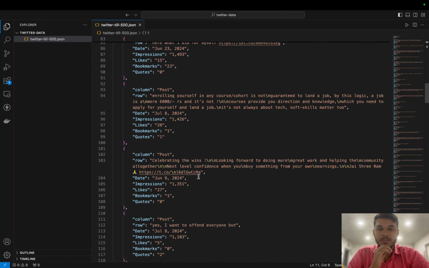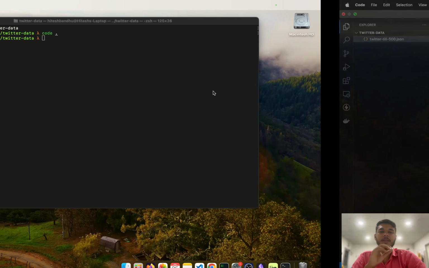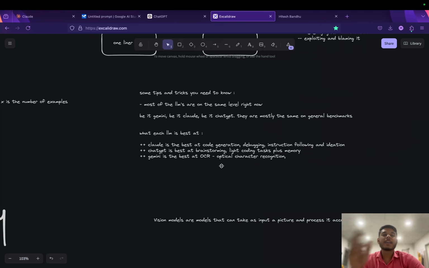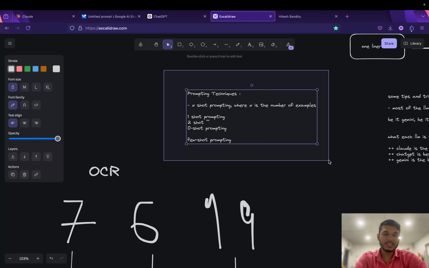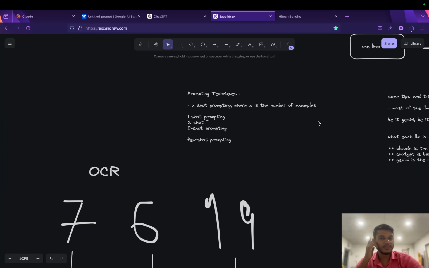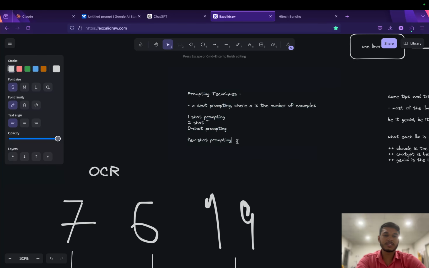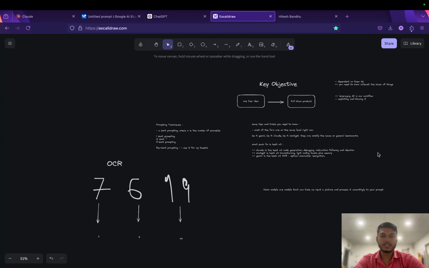I was just so impressed by this. And yeah, this is my own data. I've kept it for reference for one-shotting. I use this for few-shotting sometimes. Although I write all my tweets myself, to capture a tone, and even if I'm writing a blog or something, for capturing the tone, I use few-shot prompting. I'm writing it for reference so that we are on the same page.